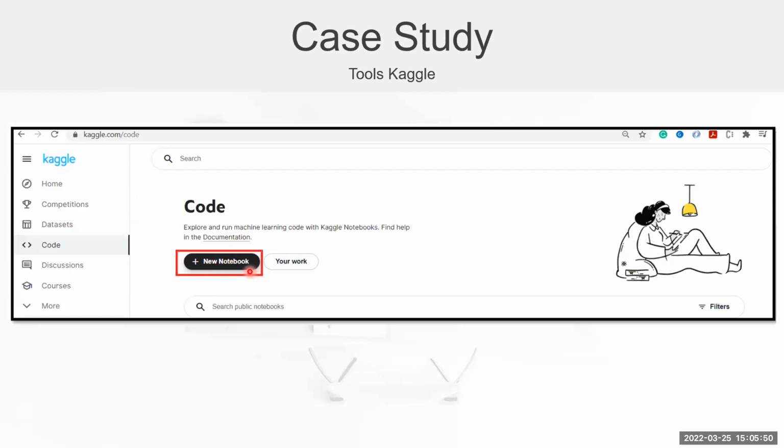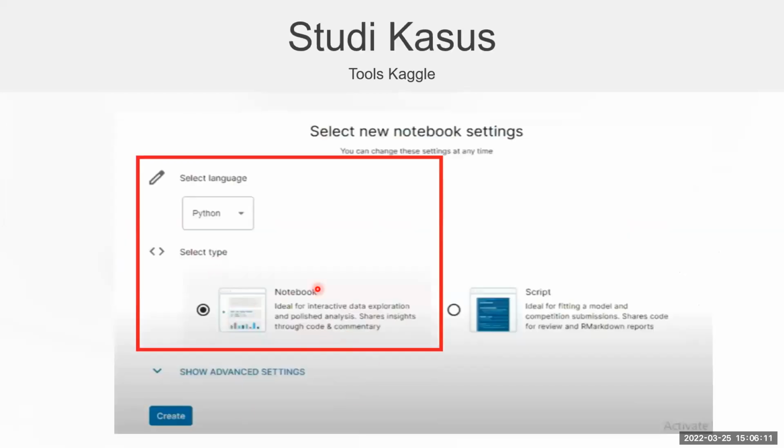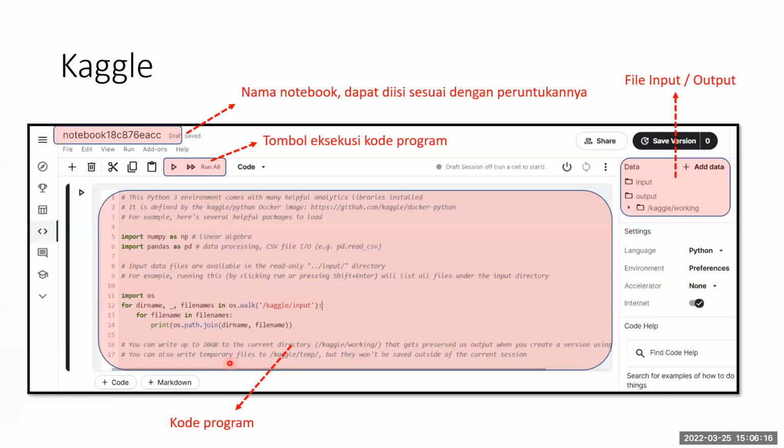We can click new notebook to write some code, to use Python libraries, to process the data, to put in some classification model, and so on. This notebook is like a Jupyter notebook, so the user interface is very easy and very interesting.